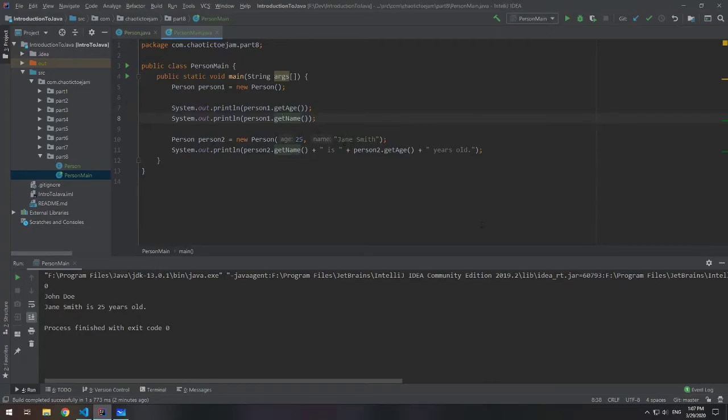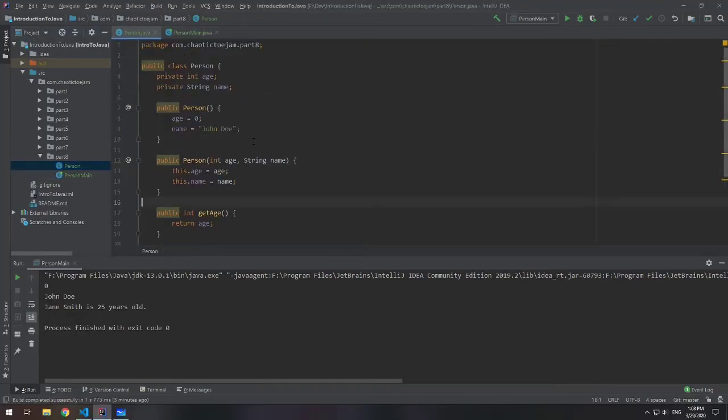That's because the variables are shared at different points in memory, but you can make variables that share the same point in memory, and that's called a static variable. Static variables are shared by all objects of the class. So let's go back to our person class and make a static variable that will actually count the number